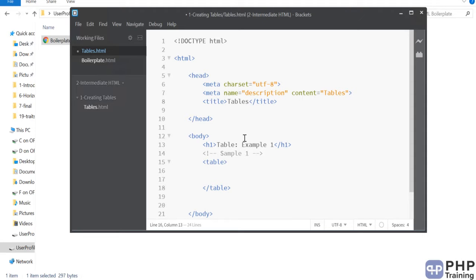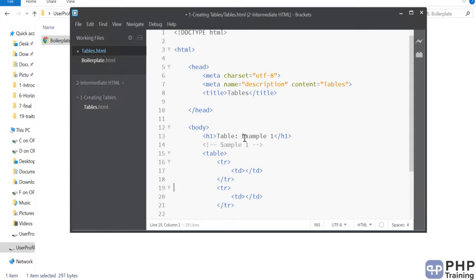Okay, and in tables you have three things. First you have the heading, then you have the row, and then you have your columns. Right, so first thing we do is we always write rows. Okay, the row is written with TR. Right, R denotes row, and inside rows you have something called TD. Okay, that's nothing but your columns. Okay, so anytime you want to add a new row, you create new rows like this, and if you want to have columns, then you add like this. Okay, these are columns inside the HTML page.